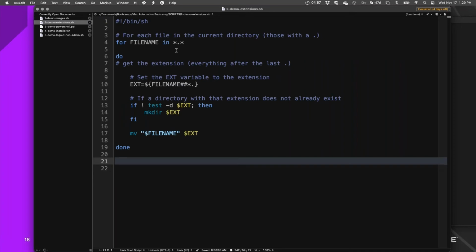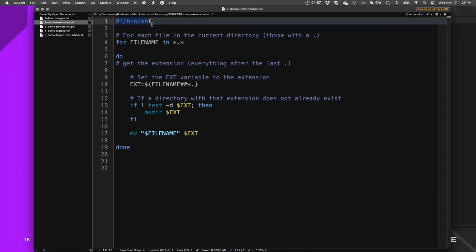But if you want to, for instance, do that same job, but be a little bit more flexible about it, you can add a little bit of intelligence to your script. And so what we'll do, again, we're going to start with the shebang. And I will mention this is not a Bash 101 style